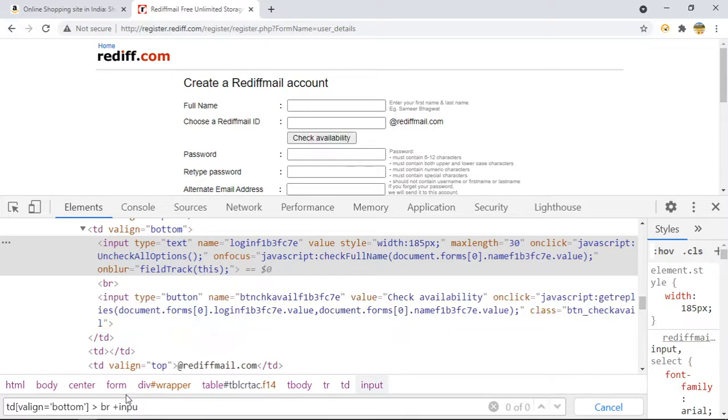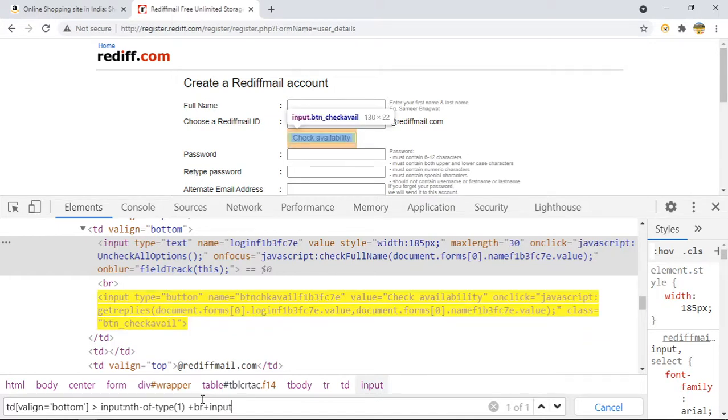now we are here, right? Basically, what is the mistake? If I say input, right, and I make it unique with the help of nth of type 1, now we are on the first children. So in XPath we used to provide the indexes, but here indexes will not work. Basically you have to provide them one by one. So if I want to go to this one, provide plus br. Now we are here. If you need to move to this other children, provide one more input. So this is how you can move in CSS. Keep on providing plus and provide that. Is it clear?